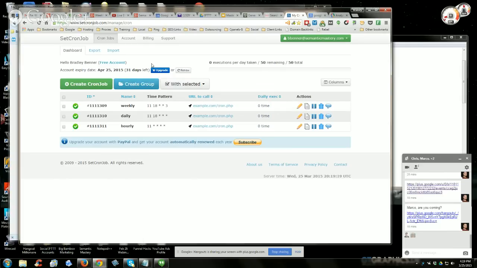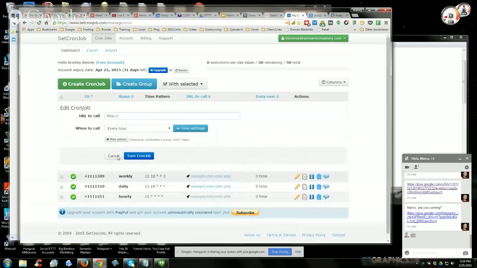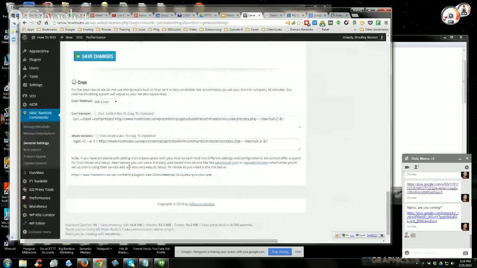Guys, this is it. I just set up a free account because I didn't want to reveal all of my other accounts through my main account. But I set up a free account for this demonstration. I'm logged in. I'm going to click Create Cron Job. Right here, I'm going to paste the URL that it says right here in the plugin. If you're going to use an external cron job, use this URL. And guys, there will be a recording for this, like there is every week. So don't worry if I'm going fast.